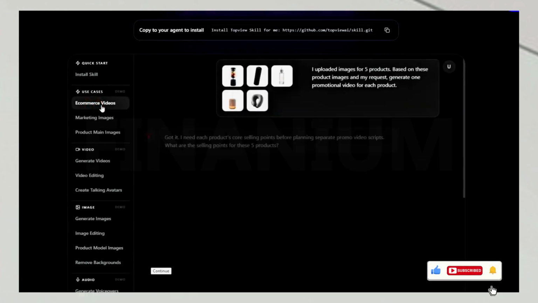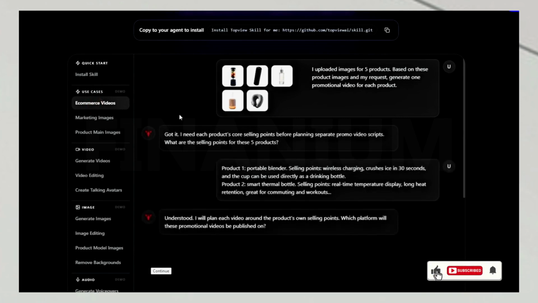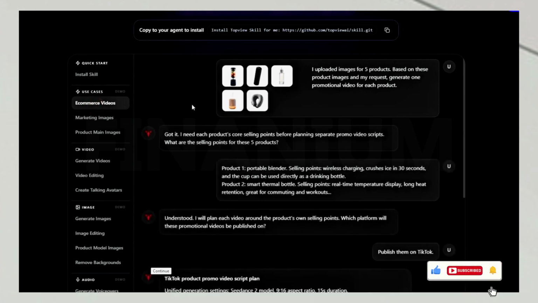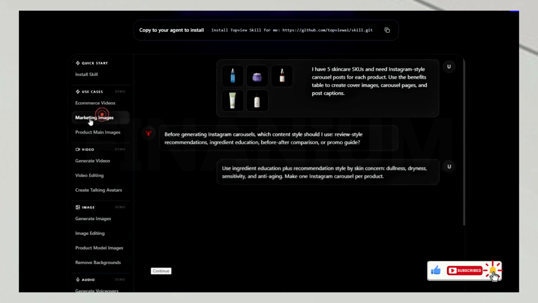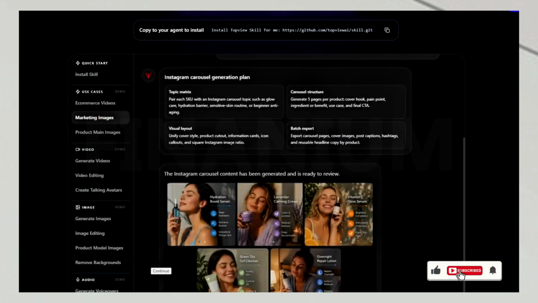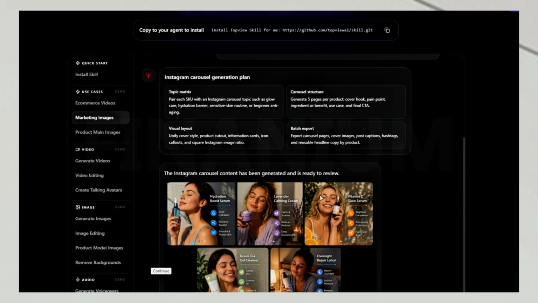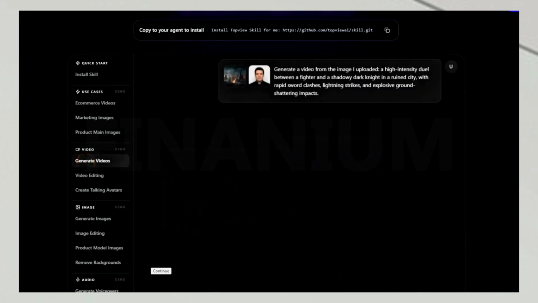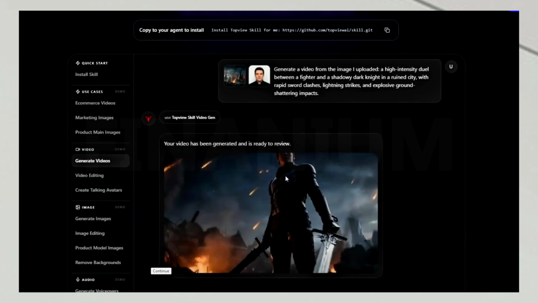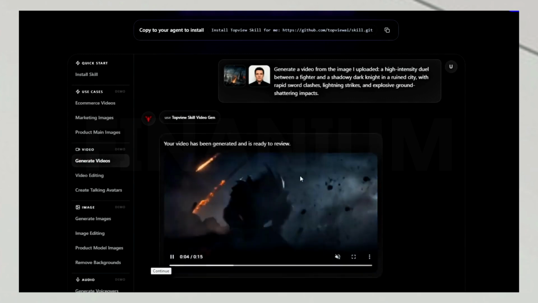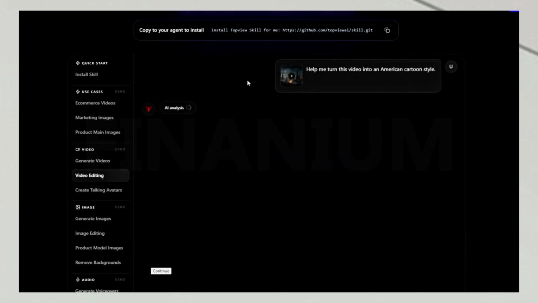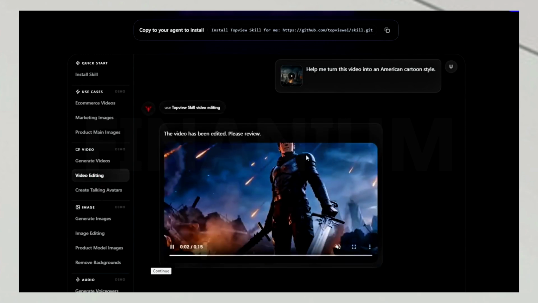For e-commerce, upload your product images and get professional promotional videos ready to post. For marketing images, upload raw photos taken on your phone and instantly get carousel content ready for Facebook and Instagram. For video generation, you can upload an image of yourself and appear in a cinematic scene. You can edit videos by uploading your footage, describing what you want, and getting cinematic results without switching a single